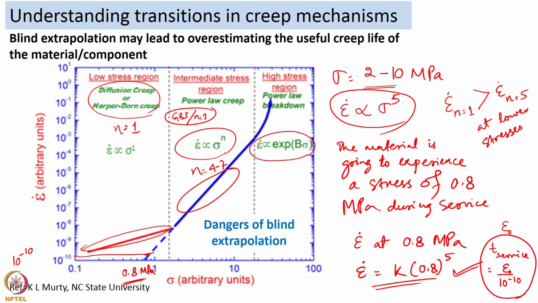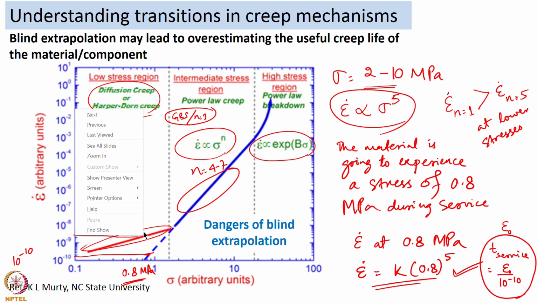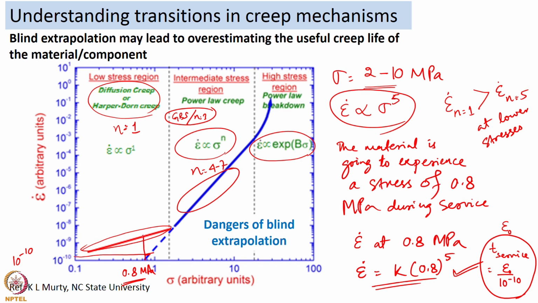So, this is the value you are going to get based on your extrapolation, but in actuality at that stress level most probably the material is creeping at 9 into 10 to the power minus 9. So, which means the true correct service life of the material will be epsilon naught divided by 9 into 10 to the power minus 9. So, it is approximately 10 to the power 9 by 9 epsilon naught, which is lower than what you are going to get